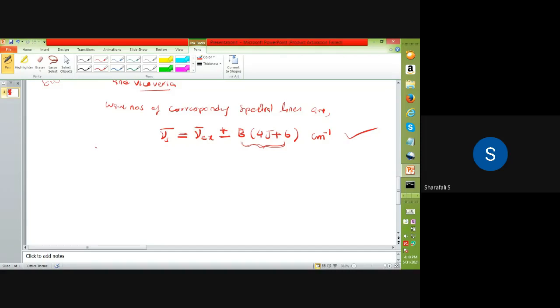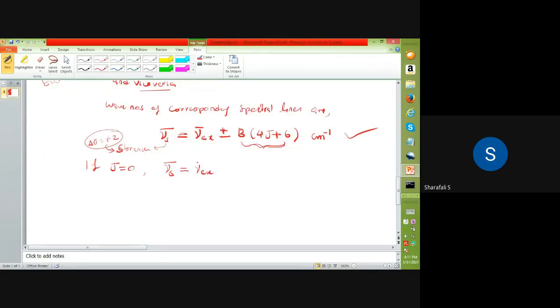If you substitute, for example J equal to 0, then what will happen to this nu s bar? Why am I putting S here? Because this is the S branch, since my delta J equals plus 2. Delta J equal to plus 2 means S. So this is nu bar S. If you are considering J equal to 0, nu bar S will be equal to